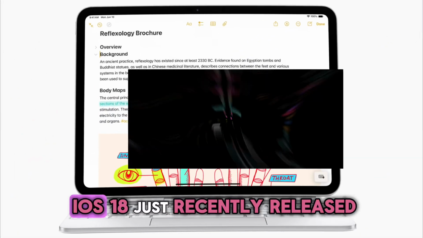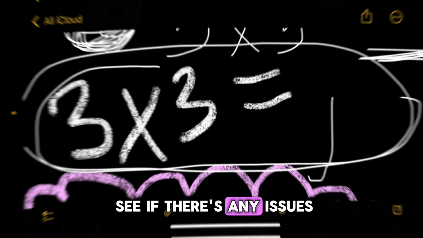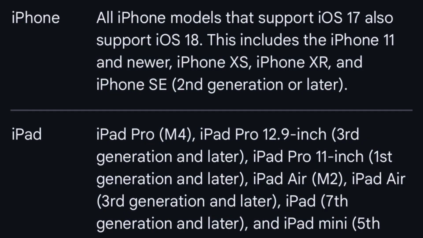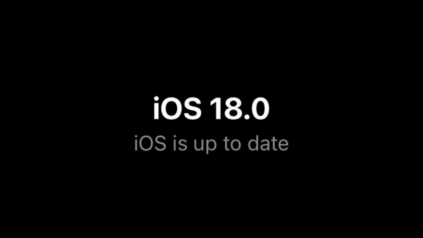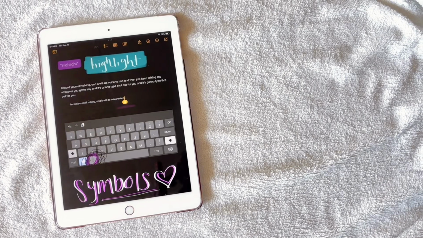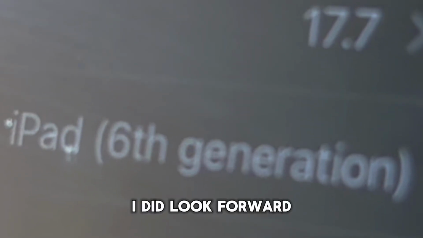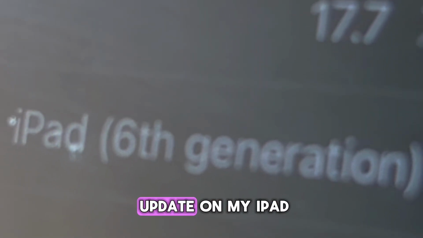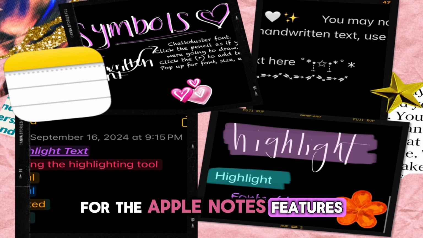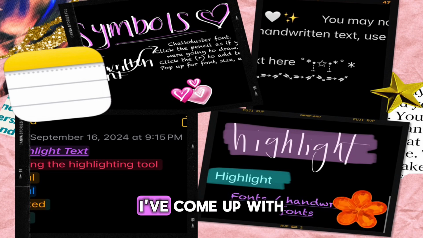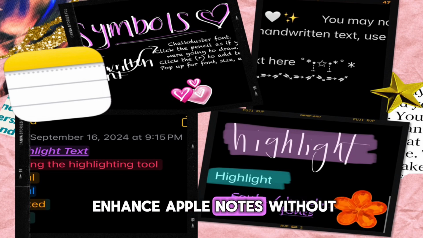iPadOS 18 and iOS 18 just recently released, and you may be waiting to update to see if there's any issues, or you simply can't update because you have an older device like myself. I was able to update to iOS 18, but not my iPad to iPadOS 18 because my iPad is the regular 6th generation. I did look forward to testing out that update on my iPad for the Apple Notes features,